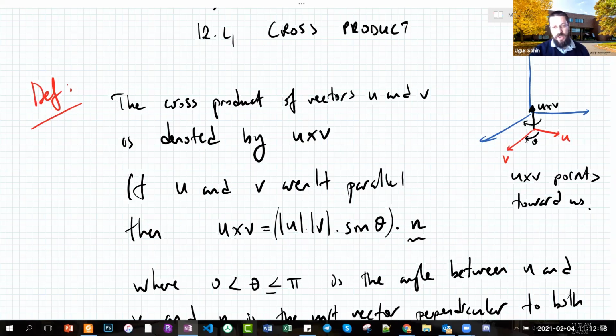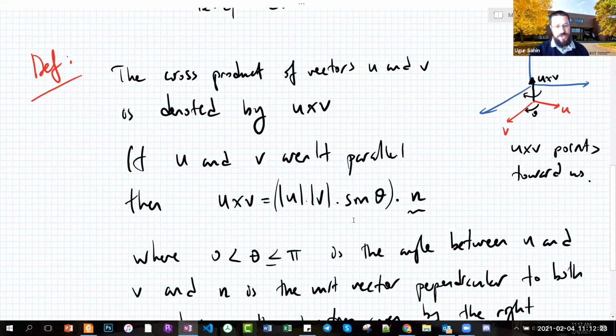As you see, U and V are just two different vectors. If you use this definition and multiply in this way, it's going to be a scalar. Since I'd like to get a vector after the cross product, as opposed to the dot product, since the dot product gave me a scalar, this product should give me a vector. That is why I need to multiply by another vector,